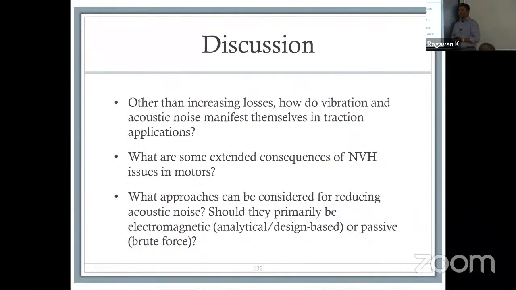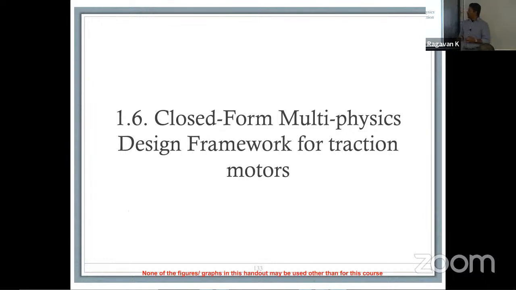At some point, I'm hoping that we can talk about this more, because like I said, I'm not necessarily just looking at this as something we have to do. I'm more looking at this as something that allows us to change the way motor design is done. So we're not just doing this because if we don't do it, the motor won't be right, but because the way motor design has been done is not right. That's just my opinion. If you take that from there, that takes you to the next side of the conversation, which is closed form multiphysics design, because you have established what we are trying to do.